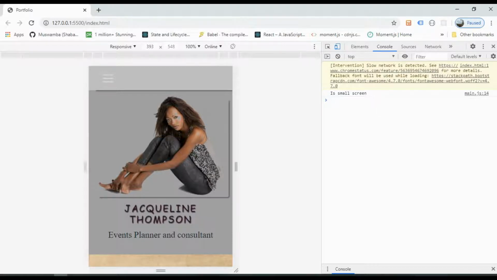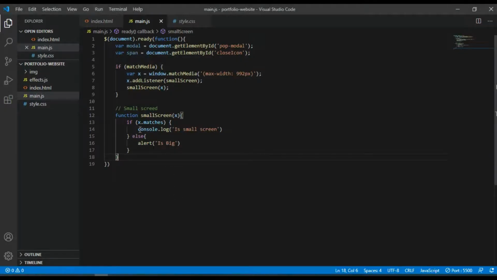Now this is it. Of course this is not what we want to do. What I want to do here is go ahead and create another function, which, when the screen matches our major query, is just going to be called.